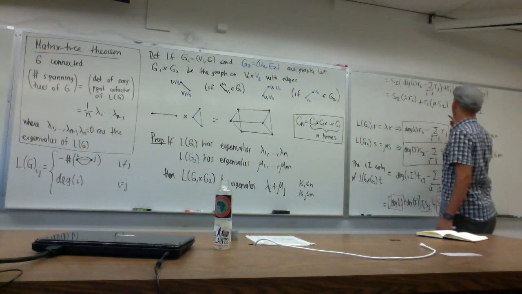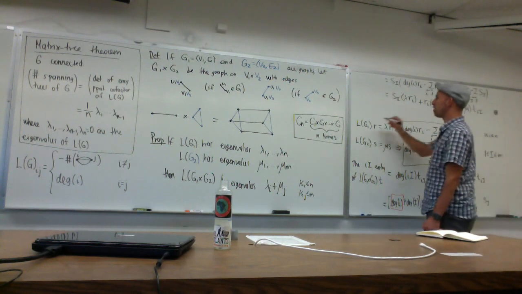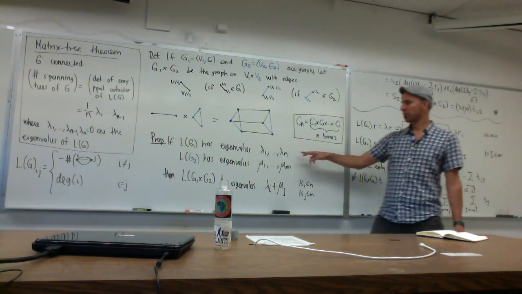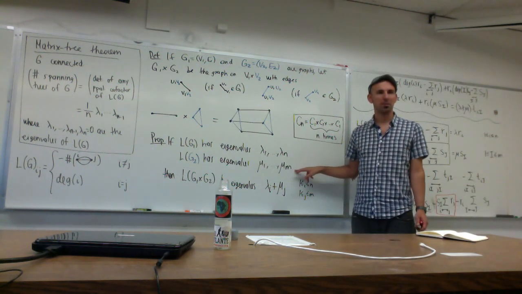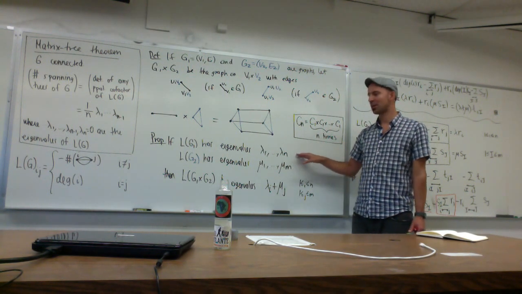So this is the end of the proof. Well, this is almost the end of the proof. The thing is, okay, so what did I just prove? I proved that if lambda is an eigenvalue of my first graph, and mu is an eigenvalue of my second graph, then their sum is an eigenvalue of the product graph. And if these guys are different from each other and these guys are different from each other, I'm going to be done. But there are issues when, if you remember, eigenvalues